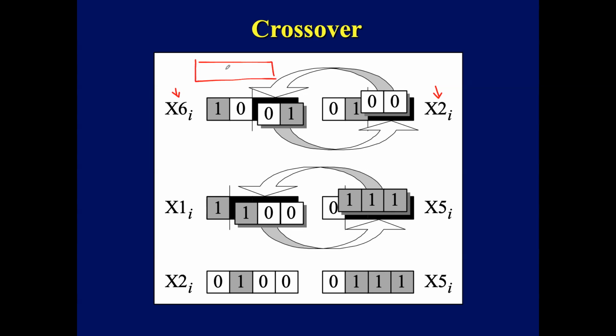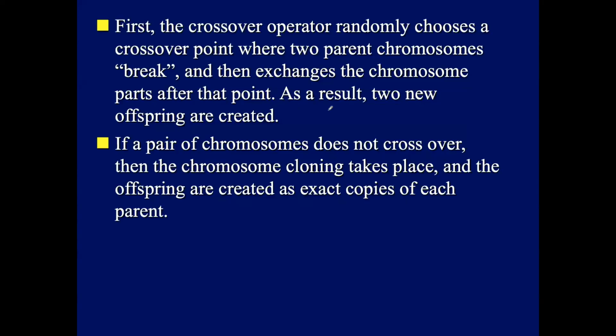X6 is 1, 0, 0, 1. That is what X6 we chose from our roulette wheel. And then X2 is 0, 1, 0, 0. So the crossover operator, the way it works is we say that it randomly chooses a crossover